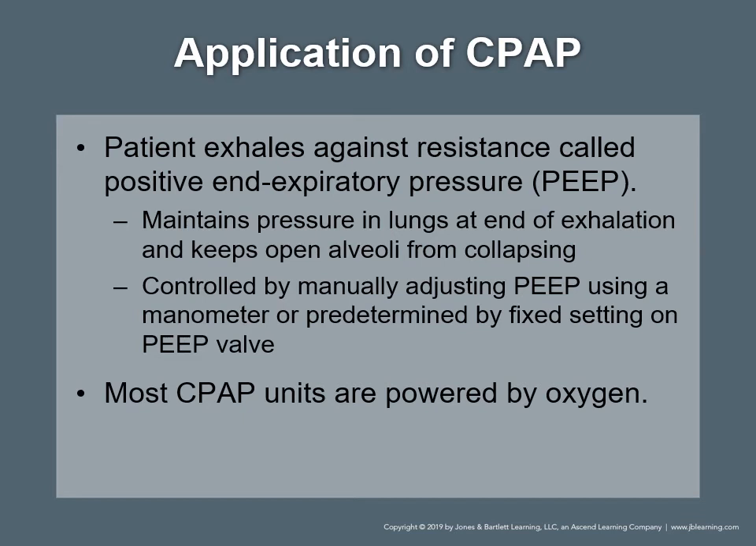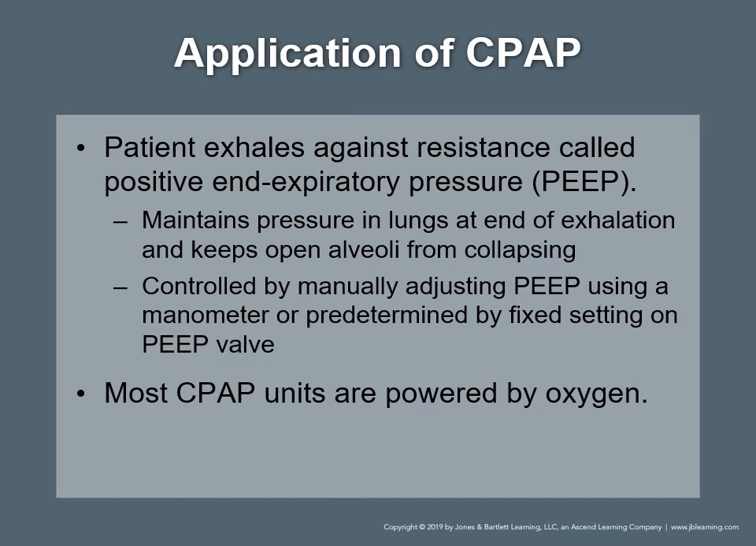Application of CPAP. Several varieties of CPAP units are available to EMS services. CPAP units are generally composed of a generator, a mask, a circuit that contains corrugated tubing, a bacteria filter, and a one-way valve. Patient exhales against a resistance called positive end expiratory pressure, or PEEP. PEEP maintains pressure in the lungs at the end of exhalation